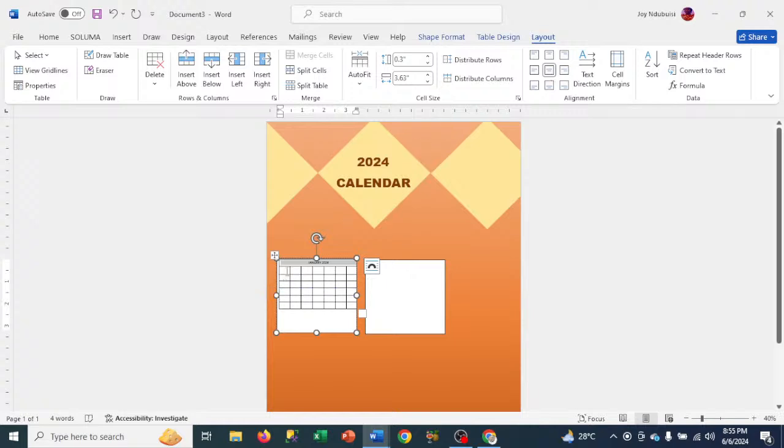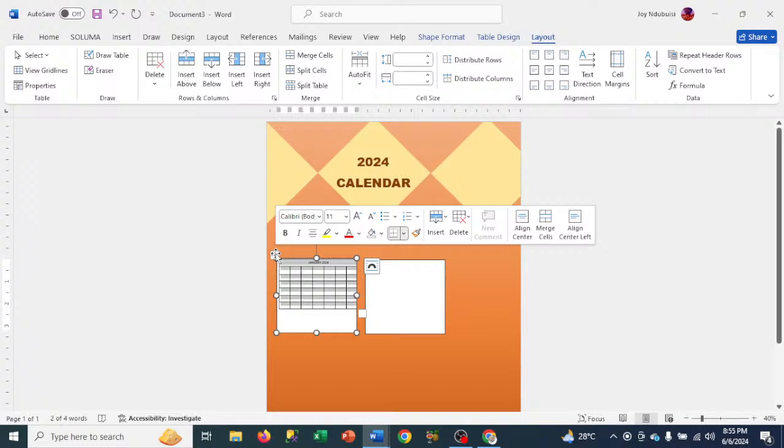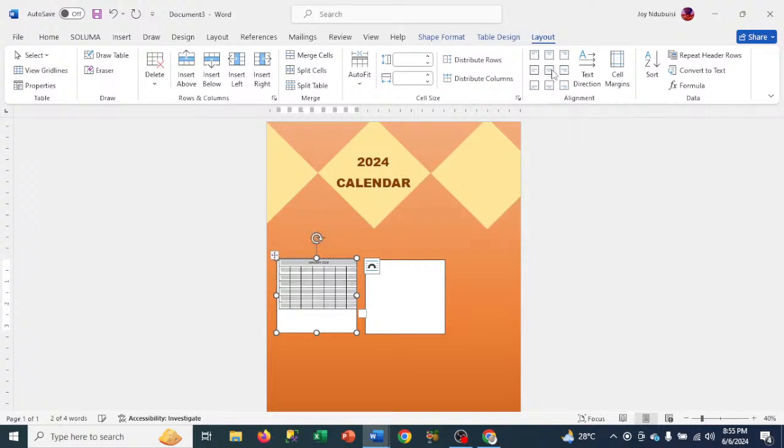Then here I will now come to put the days of the month. So I can come to this. What you are seeing here is to select the entire table. So once I select the entire table, I can make them center align as well. What I'm doing here is to be able to reduce my